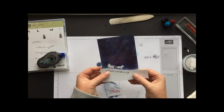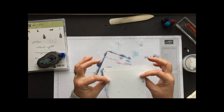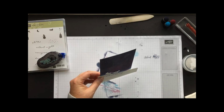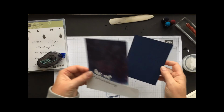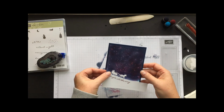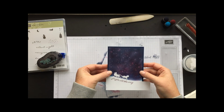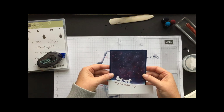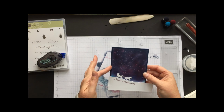Okay, so of course I made my horse a little bit bigger than I needed to, and I don't have my scissors here to cut them off, but I would trim off my extra there, and then I would just mount that onto my piece of Night of Navy or Rich Razzleberry. This is a darker card, so maybe I would want some Rich Razzleberry behind that, or even a little pop of the